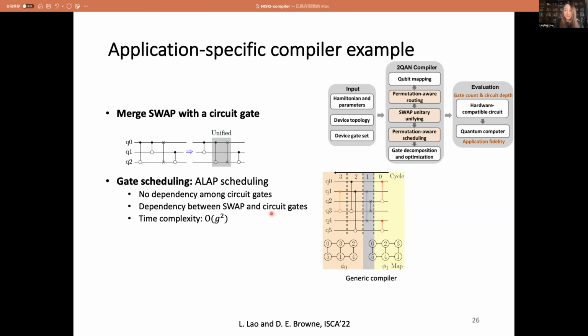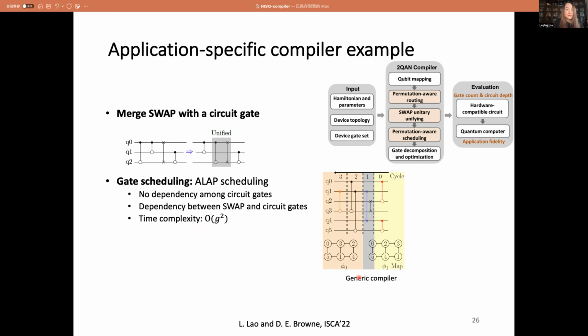So it's a hybrid scheduling. There's dependency between swap gate and circuit gates. There's no dependency between circuit gates. And we perform a heuristic optimization, and it scales quadratically as a number of 2-qubit gates.